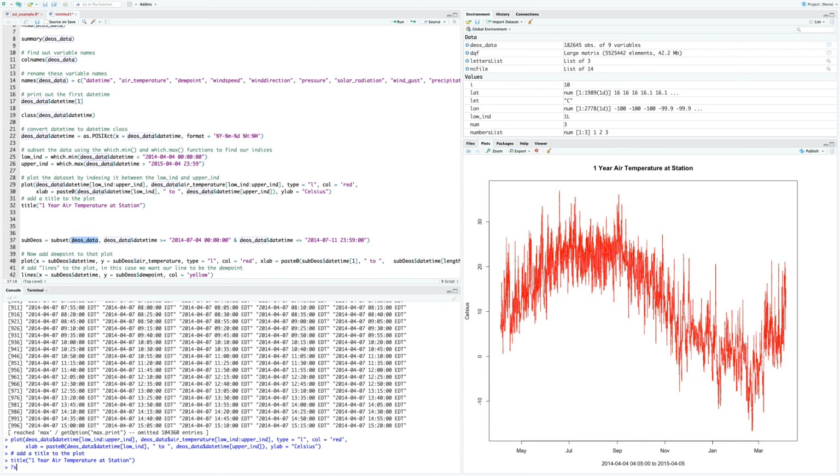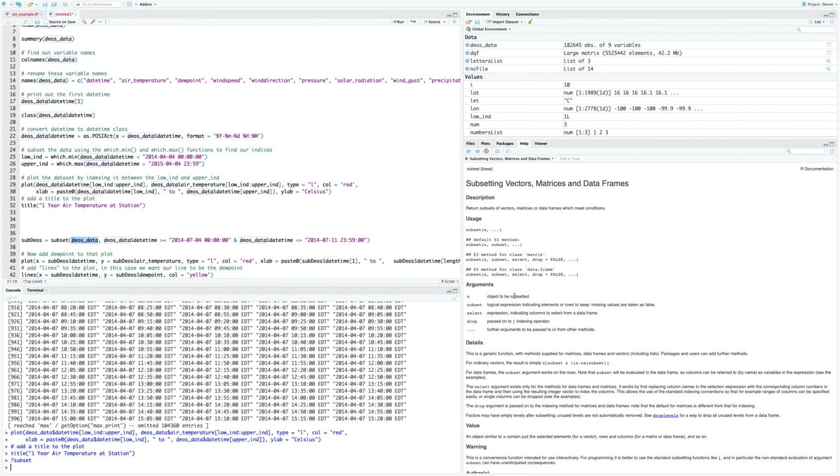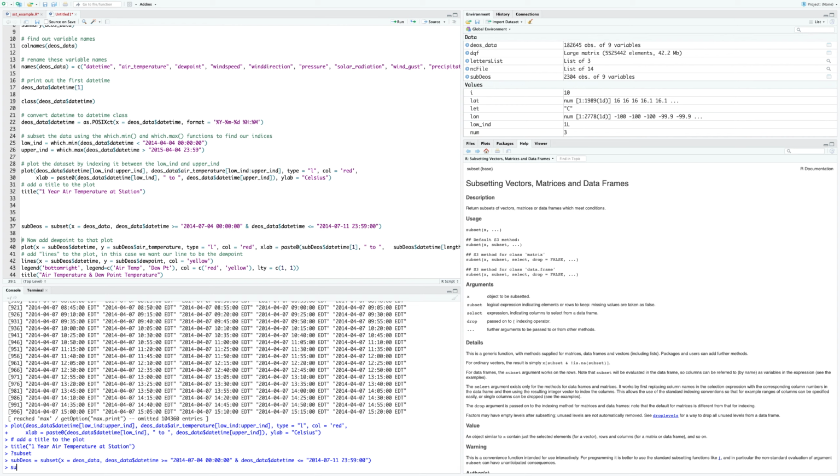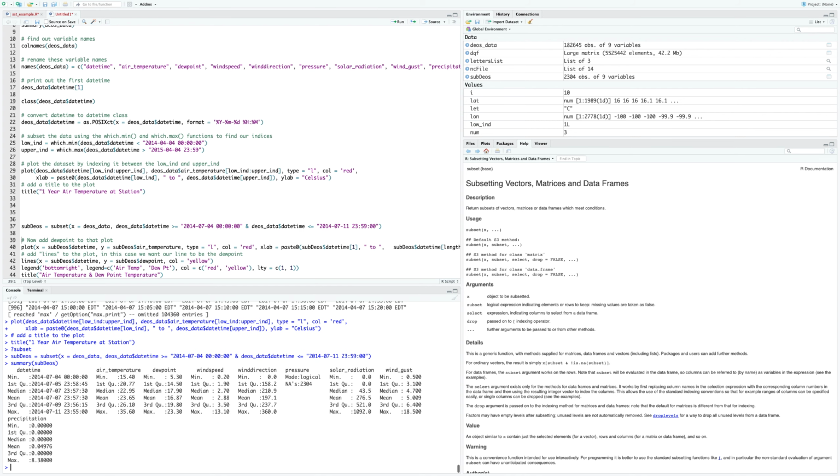And so I'm going to run a help on the subset function real quick, and we have an object to be subsetted, so x is equal to dios data, and we have this subset, which is going to be the dios datetime between July 4th, 2014 and July 11th, 2014. So we're just sub-selecting one week of data. And remember, you want to rename this as something new because you don't want to overwrite our original dios data. Run that